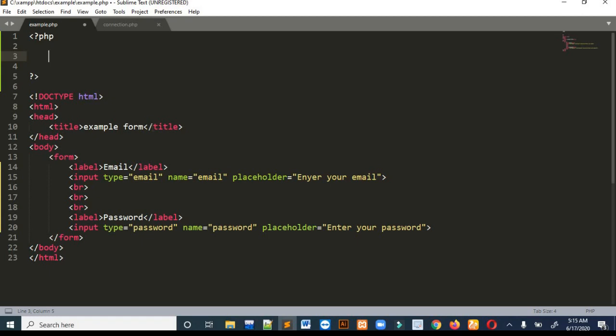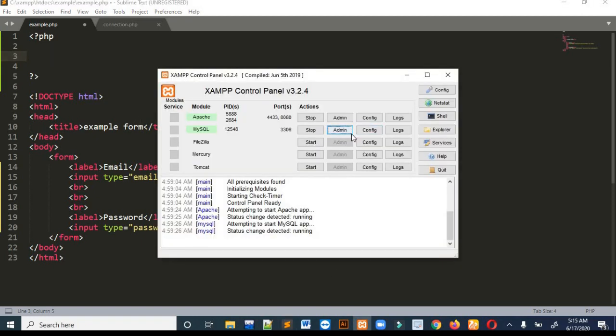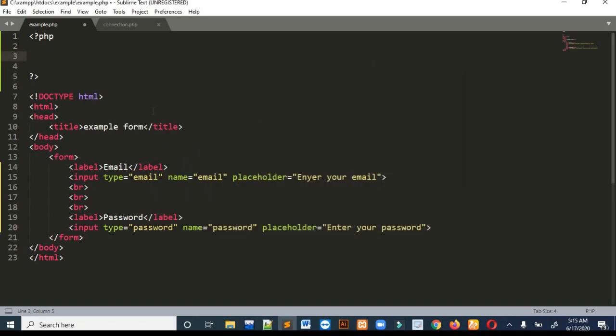In my case I had changed my password. In your case you don't need to change the password or place a password. Whenever you open XAMPP and admin, there will be no password by default. If you want to change the password or create a password, you can, but there is no need for that because it is a local server, no one can access it. So these are the three basic things you need to know before connecting your